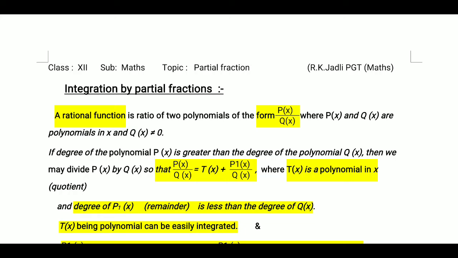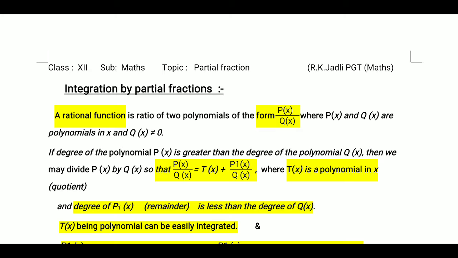Integration by partial fractions. A rational function is the ratio of two polynomials of the form p(x)/q(x), where p(x) and q(x) are polynomials in x, but q(x) should not be 0. If the degree of polynomial p(x) is greater than the degree of polynomial q(x),